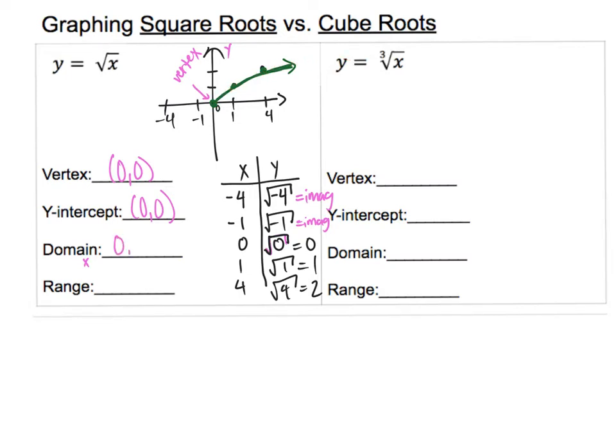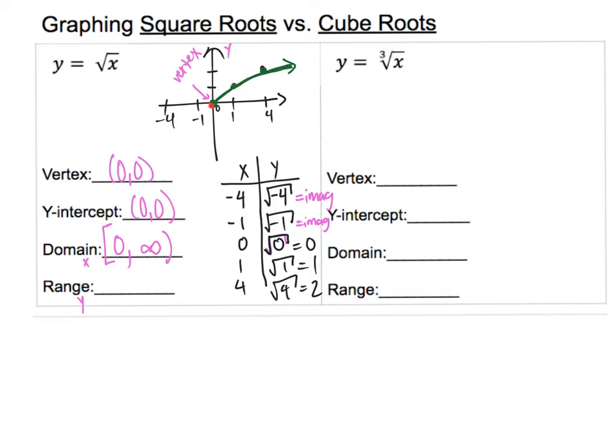So it starts at 0, it is heading towards the right side with an arrow, so it's heading towards positive infinity. So I put a positive infinity there, and we always use a parentheses for infinity. Notice how that is a closed circle at 0, so I always use a bracket for the number 0. As for range, it looks like the lowest y value here, because range is related to y's, the lowest